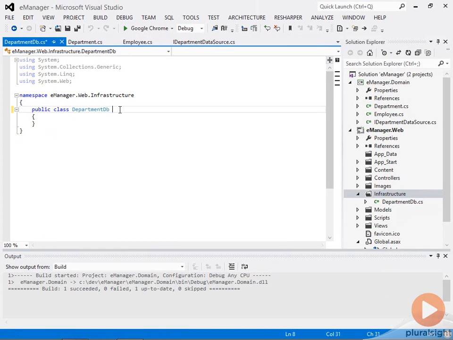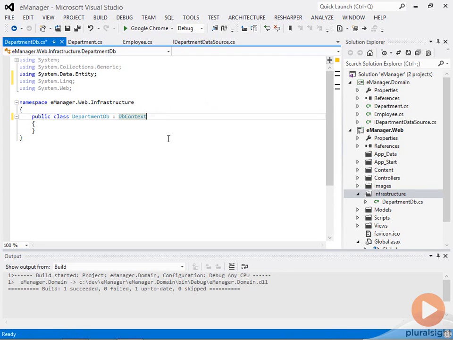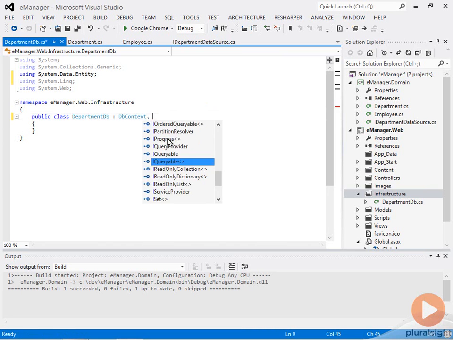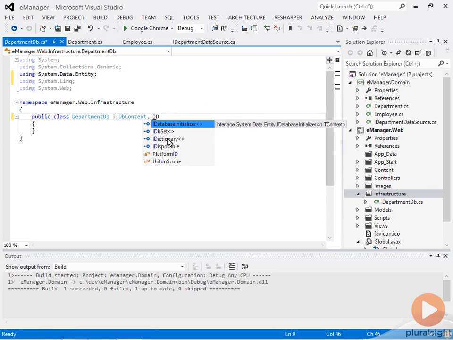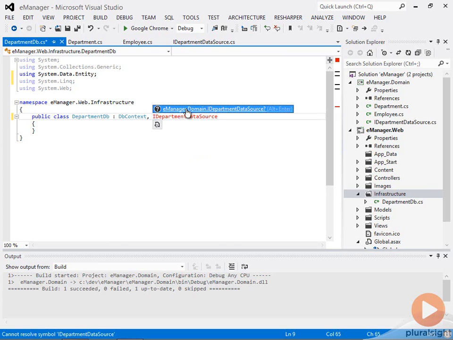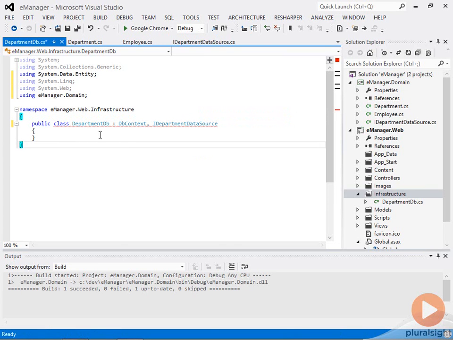I want DepartmentDB to be derived from an Entity Framework base class called DbContext that takes care of all the data access stuff that I need. I never have to worry about a SQL connection or SQL parameter or anything like that. And I also want it to implement the IDepartmentDataSource interface that I defined earlier, because I don't want my controllers to know about DepartmentDB directly. I want them to do data access through this interface definition. That just makes the controllers a little more testable. We're not going to go into the unit tests in this module, but it also makes them a little more decoupled